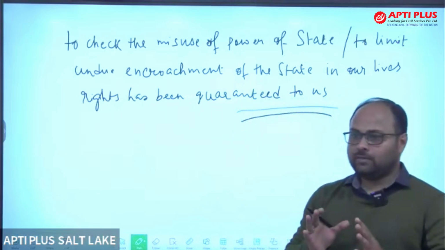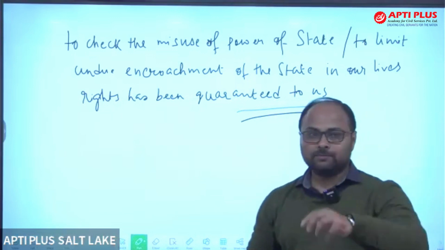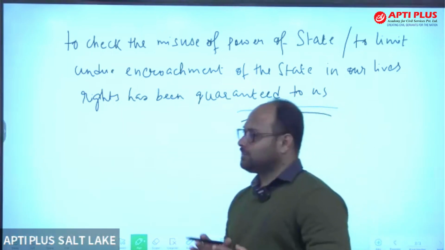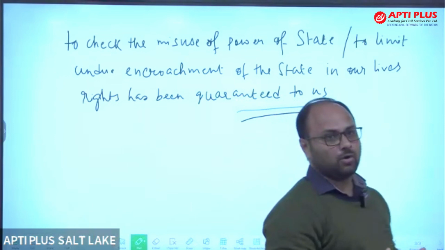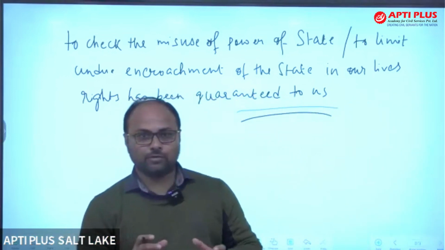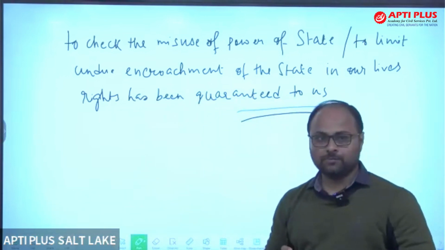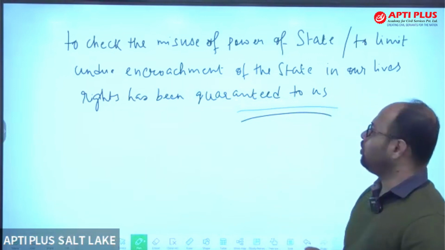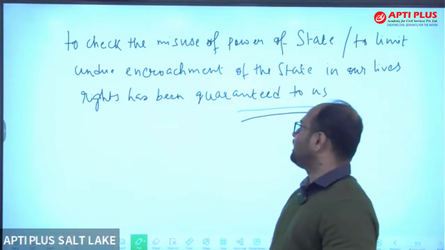The reason behind having a constitution is that the organs have been created and the powers have been divided among them, right? So the state has been created to protect life, to protect property, to make rules and regulations, laws for us. Now, a body, or the state for that matter, if it has been created, there is a possibility that it can misuse its power. So just to check the misuse of the power of the state or to limit the undue encroachment of the state in our lives, rights have been guaranteed